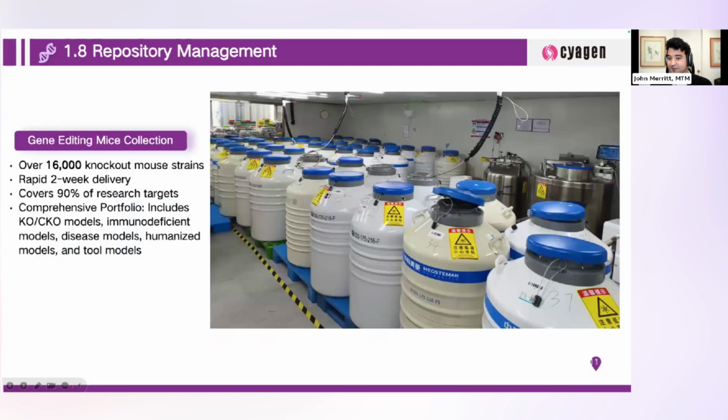This is just a photo of one of the repositories that we have of our cryopreserved sperm. I think it's also a great photo because it shows just how logistically difficult it is to keep sperm. A lot of folks ask us, if you have sperm, why don't you just ship me the sperm? And we can certainly do that. We can ship you the sperm of male F1 heterozygous mice. The issue is that we have to do it on liquid nitrogen, and that's actually more challenging to ship than live mice. Because live mice, you just ship in a crate,